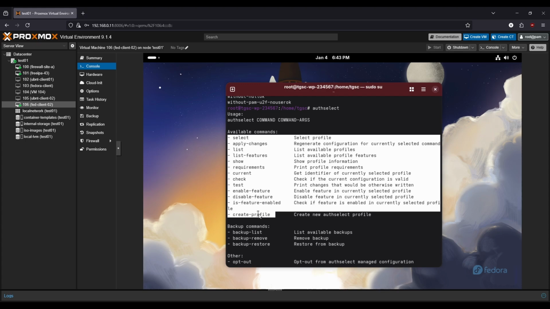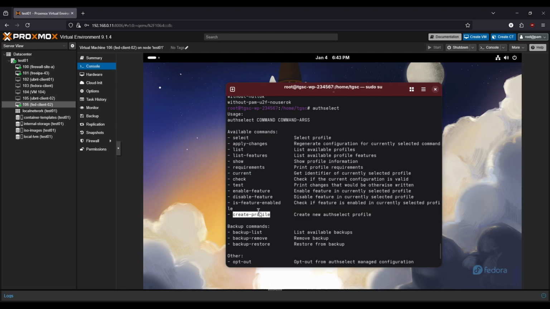Now, realistically speaking, we're never going to use the command profile command simply because we are not developers. We don't care about that. However, we are going to be using enable feature and disable feature a lot if that is something that we want to do. And we are going to be using the show command, the list feature command, the current command, and I believe the requirements command. Of course, that's if there's something that you're uncertain about,